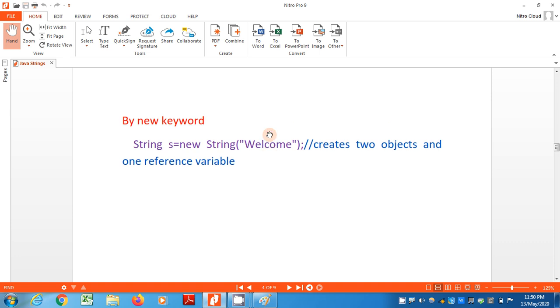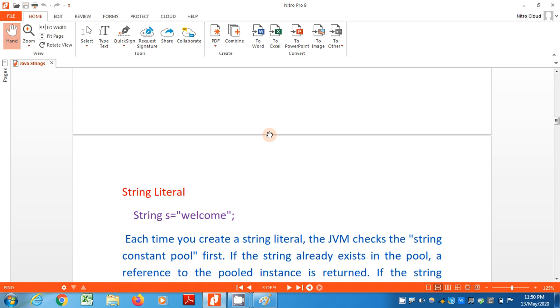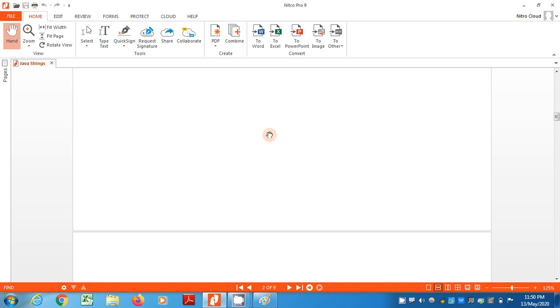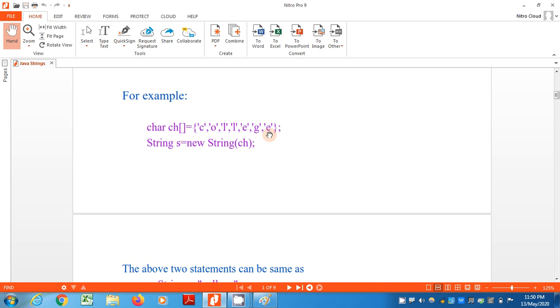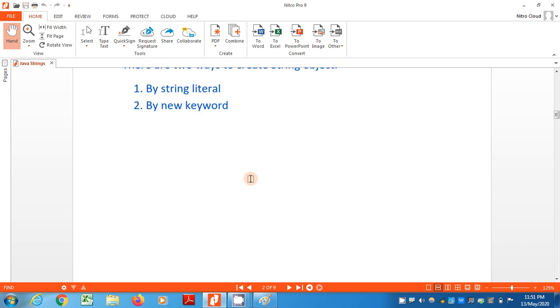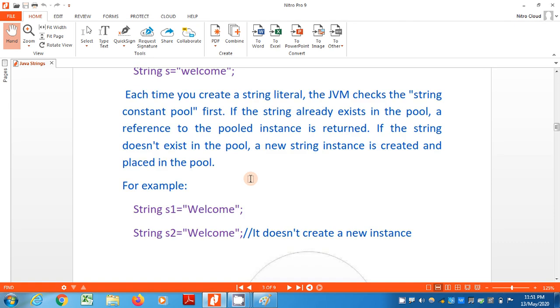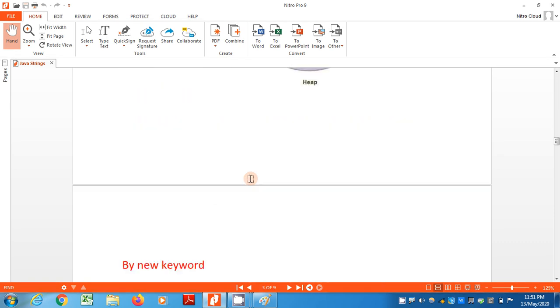So actually when you see that in the first statement, we have created a character array, and that character array variable will be passed here. But here, what is happening here, you can see that